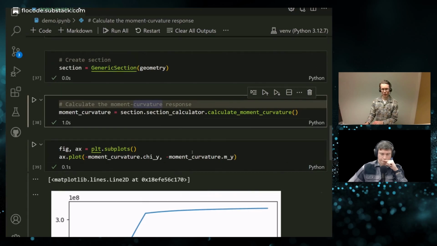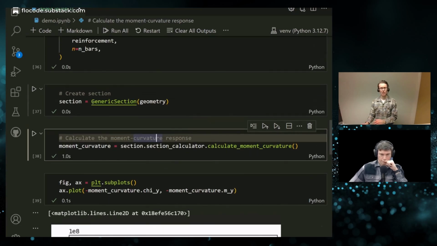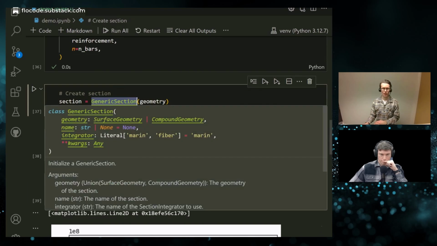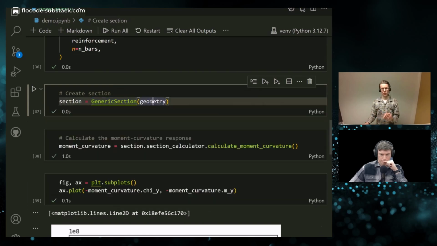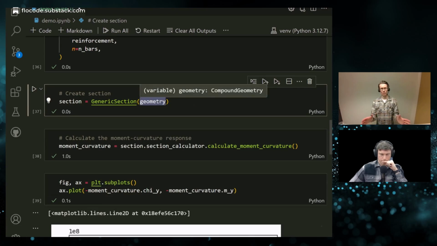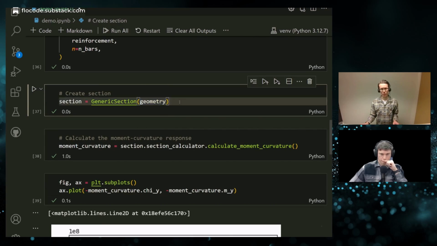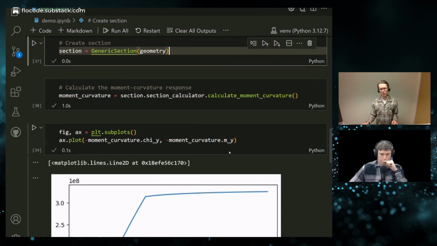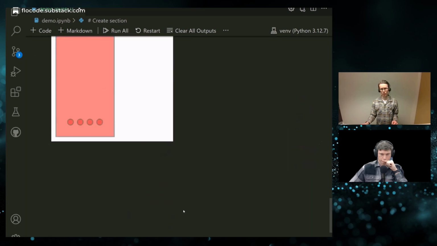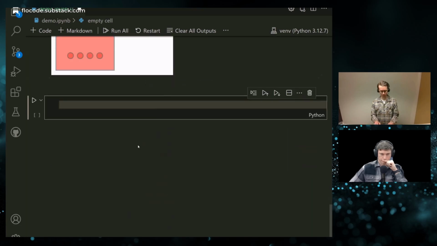So as I mentioned, we have the section. That's kind of the ultimate level. Inside the section, you refer to a geometry, and the geometry refers to a material. And the material, that's kind of a wrapper for basic ingredients from the design code. So a starting point for adapting this to any of your special needs would be to, for example, create a class. So my special concrete, for example.